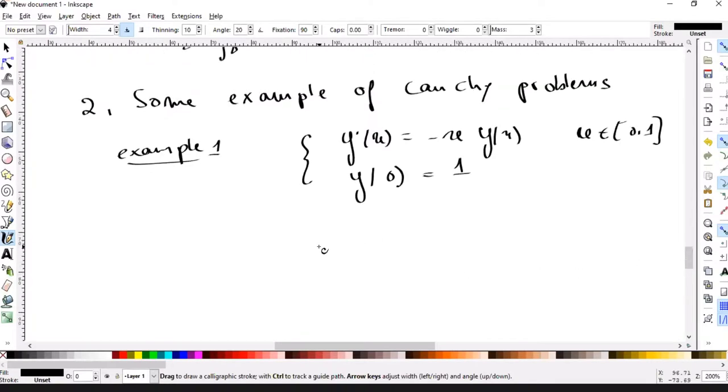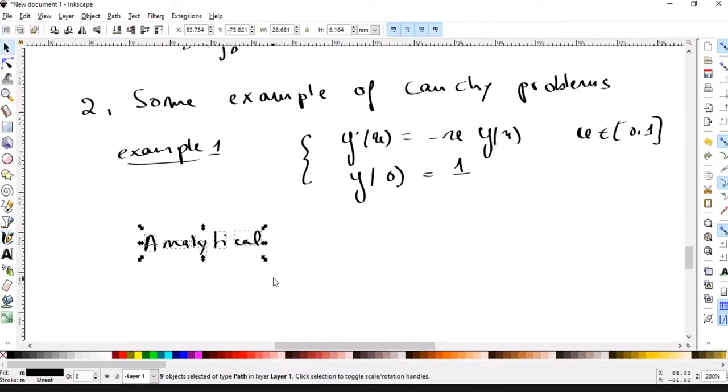Now, the analytical solution. But first, before the analytical solution,